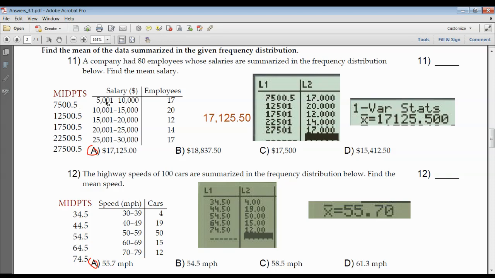The class width here is 5,000, so 7,500.5, 5,000 more, 5,000 more. You have to find the midpoint when you're given a frequency distribution. You enter the midpoints in one list, you enter the frequencies in a second list, and you go to one variable stat, and it gives you